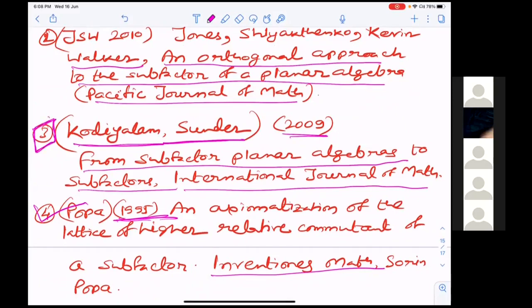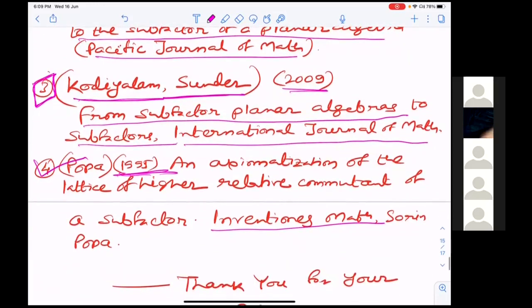I should mention one thing: using this GJS construction, very recently with Professor Vijay Kodiyalam, I have obtained an easier proof, among other things, of another important deep theorem of Popa, purely pictorially. That is also a very good application of planar algebra. Using planar algebra, we have proved a very important theorem of Popa in a purely pictorial way, and the proof is much easier. Popa again used free probability theory, but we have not used that. We have used this GJS construction. And the original ideas of this reconstruction theorem are in this Inventiones paper of Sorin Popa.